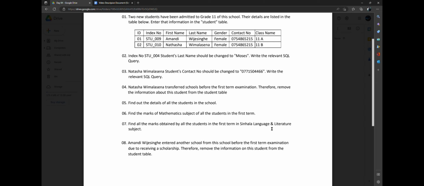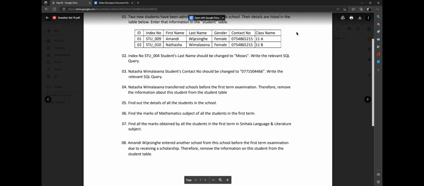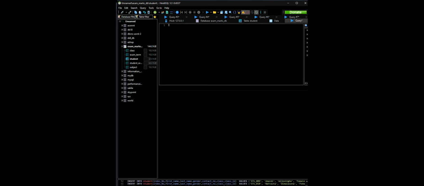Our second question, index number stu underscore 004, student's last name should be changed to Moses. Write the relevant SQL query. Alright, so let's answer this in our HeidiSQL. In this question we had to change the student's last name to Moses. So we are going to write an update query for this. So update student, basically the table, set the column and the value. So basically Moses,